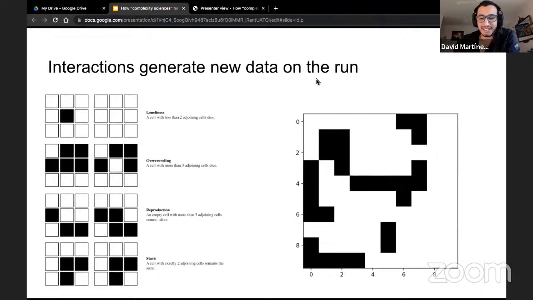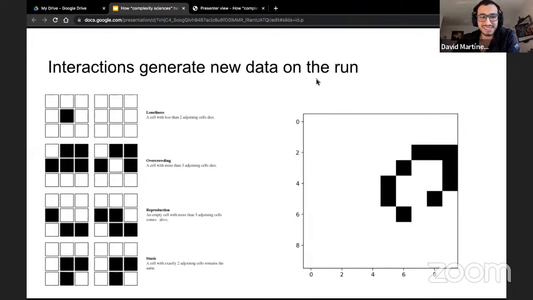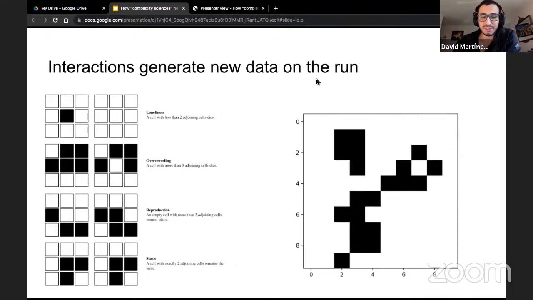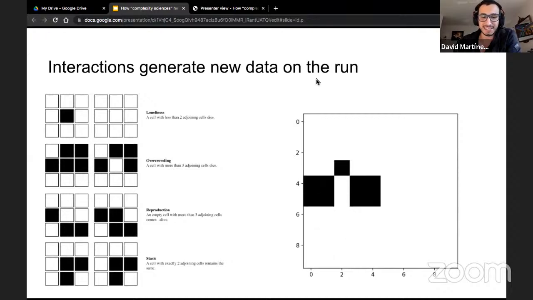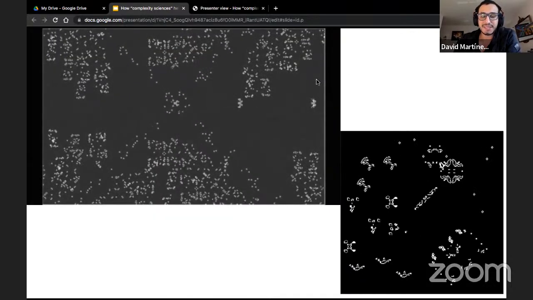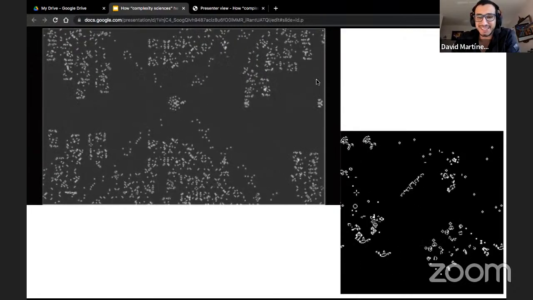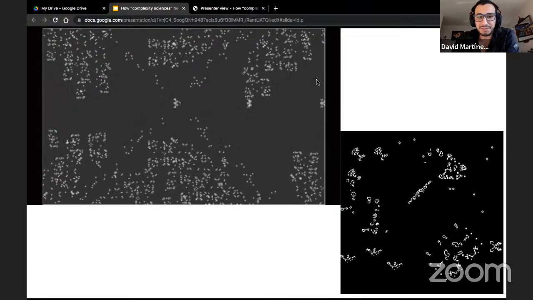But what I want to show you is that 4 simple rules, depending on the set of initial conditions, can produce very interesting behaviors and systems. These are a few examples of what we can achieve with the Game of Life.